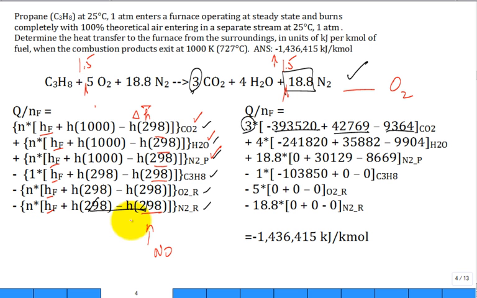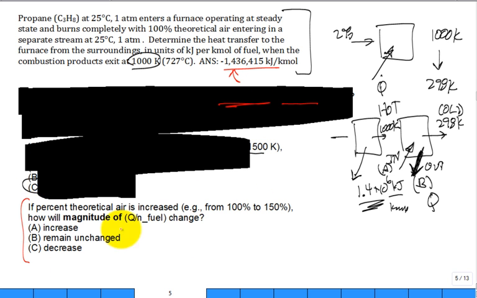Don't worry about the incoming reactants because they had 298, 298, 298. That part didn't change. This was 0 anyway. But the products going out, is this a larger number now? And do we also have maybe something with the oxygen in the products going out that also is added, another term. All right. If you increase the amount of air,